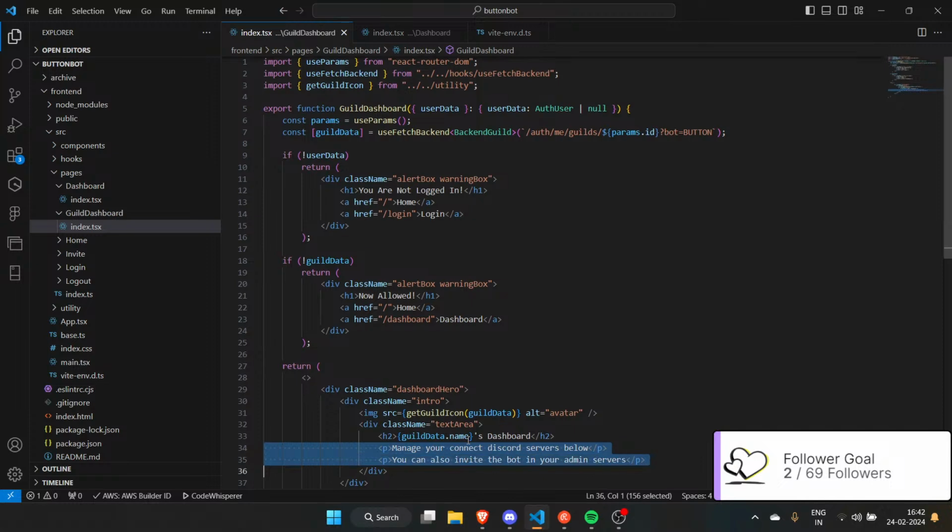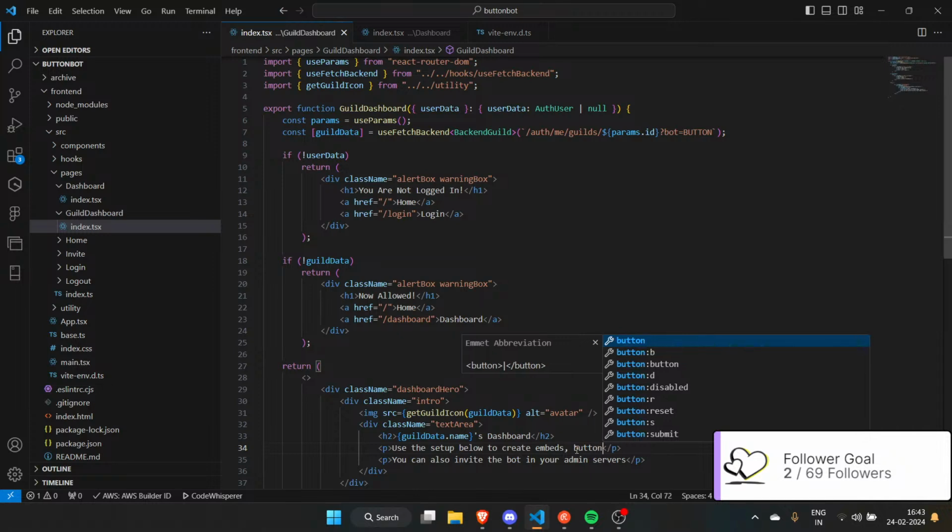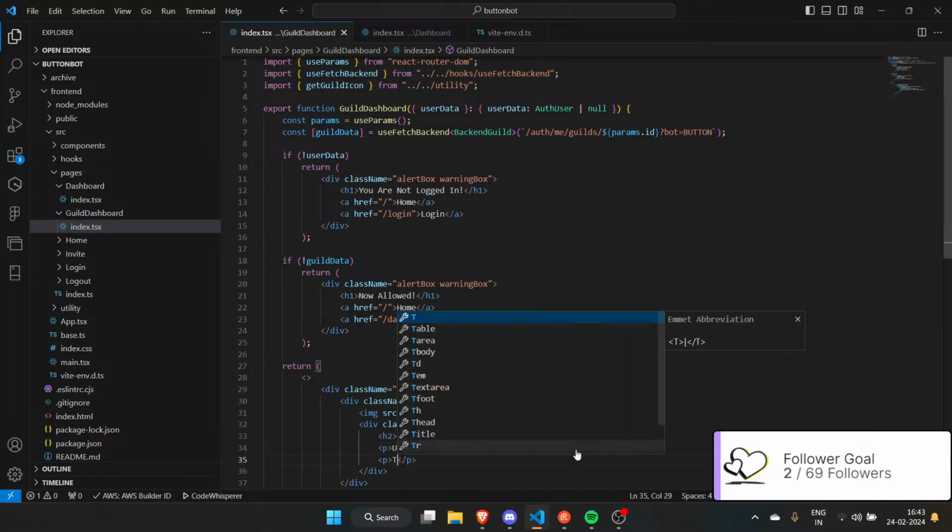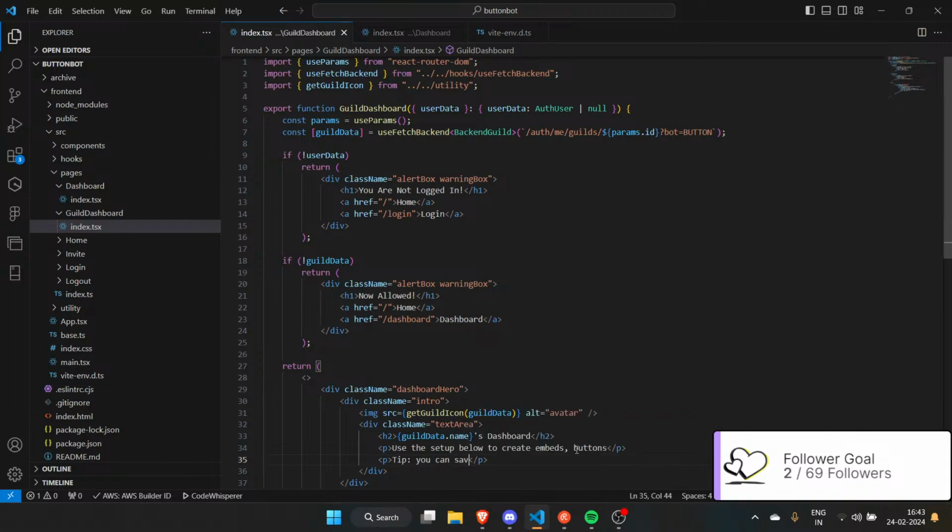I'll not do these p's for now. Use the setup below to create embeds, buttons. Tip, you can save templates to use them later. And then I just set up the URL.